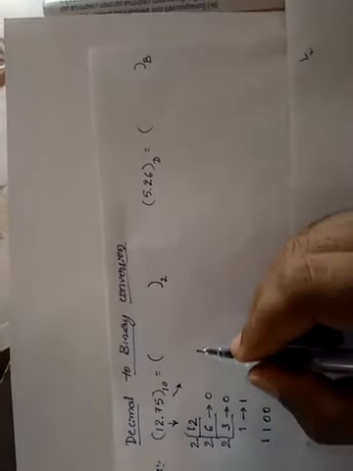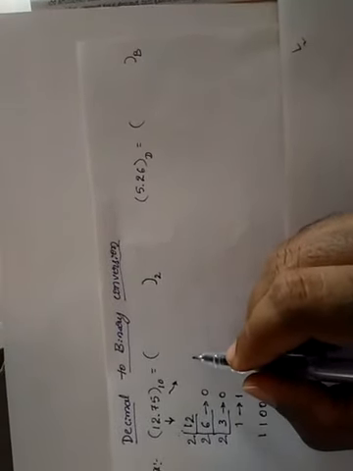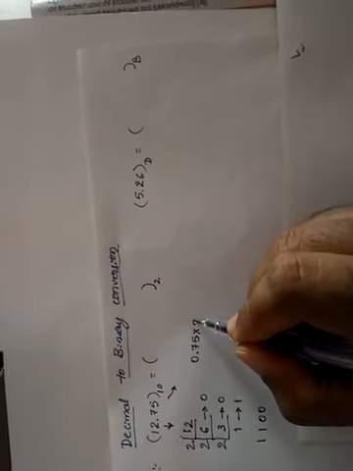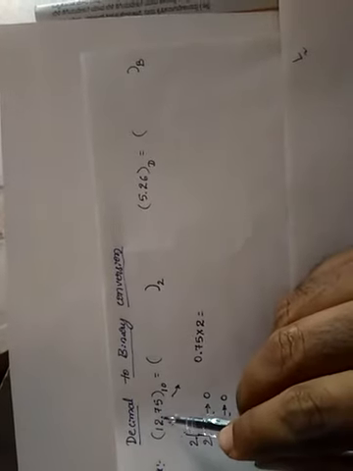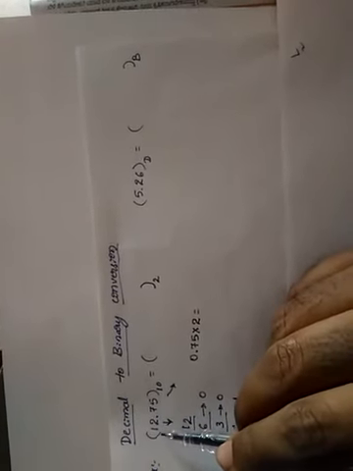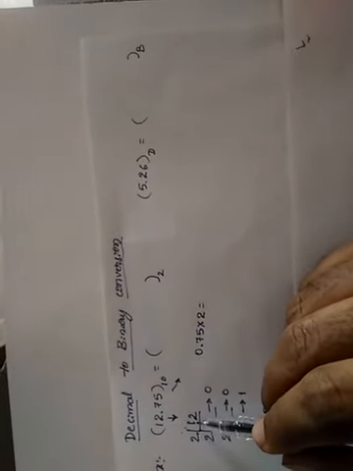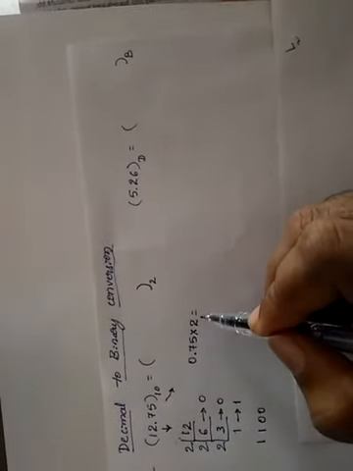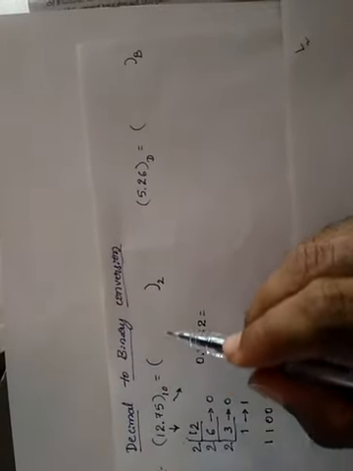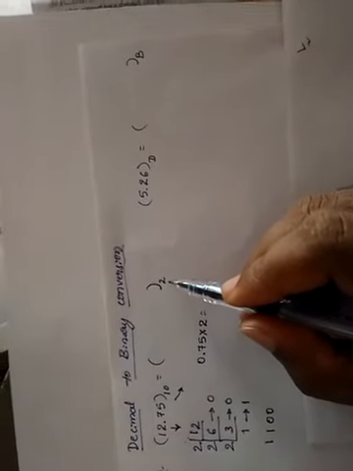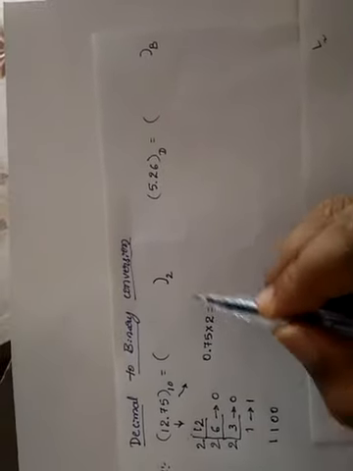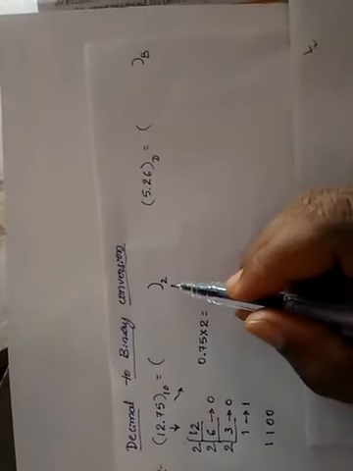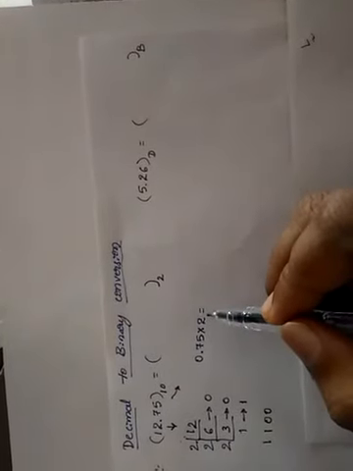Again I have to come to the 75, that is 0.75. I have to take 0.75 and multiply it by 2 here. Before the decimal point, whatever number is given, you have to divide, and after the decimal point, if anything is given, you have to multiply. Whichever conversion they are asking for: if it is binary, you multiply by 2; if it is octal, you multiply by 8; similarly, if it is hexadecimal, you multiply by 16.